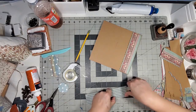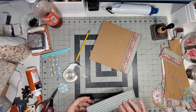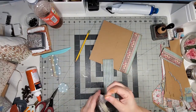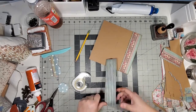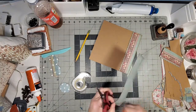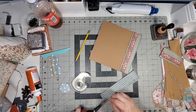By the way, the craft paper is from Michael's. You know, you can buy it on special. Sometimes you can get a whole pack for a couple of dollars. I wasn't that lucky, but I needed it. So this one,